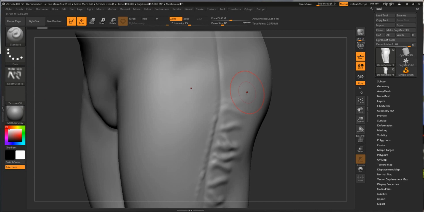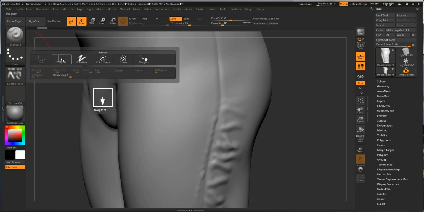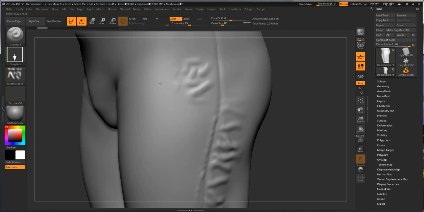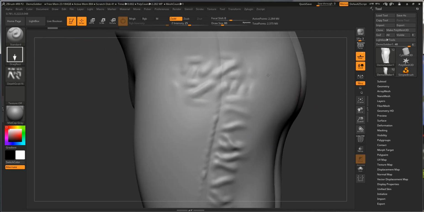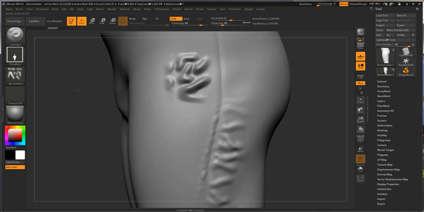But I don't want it as a texture. I want to be able to basically stamp it down to create what I've done here a little bit. So what I'm going to do is change this to drag rect. You can see there when I drag it out, I can actually drag out this shape. Or if I really pull the strength up, there. So